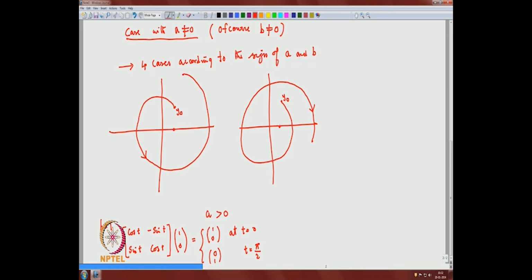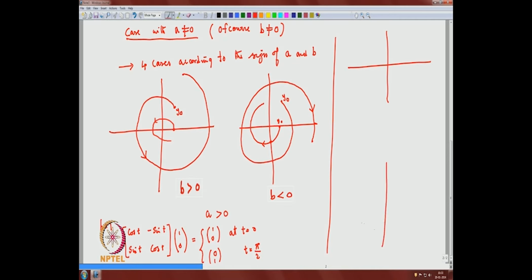If I rotate here, the next point will take this point y naught. If I start y naught from here, it will go along this one, and it increases. So this is the situation with B positive, clockwise, and this is the situation with B negative. Now this is the case with A positive. Now, you can verify when two more cases will come.